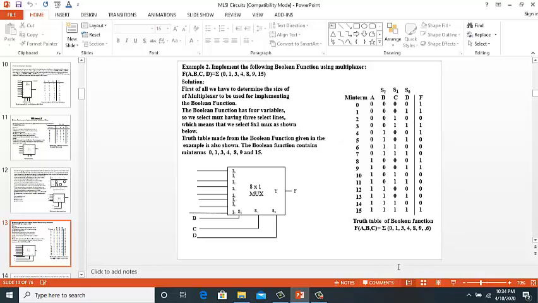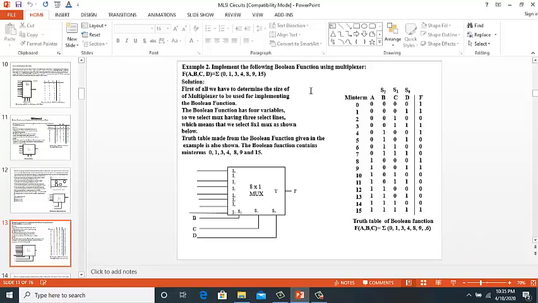It has 4 variables A, B, C, D, and it has minterms 0, 1, 3, 4, 8, 9 and 15.